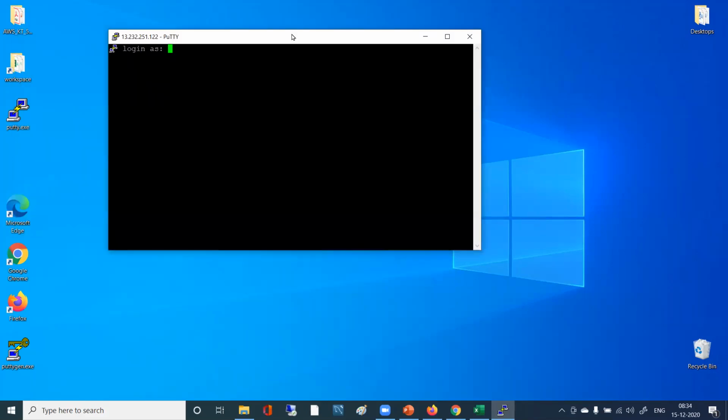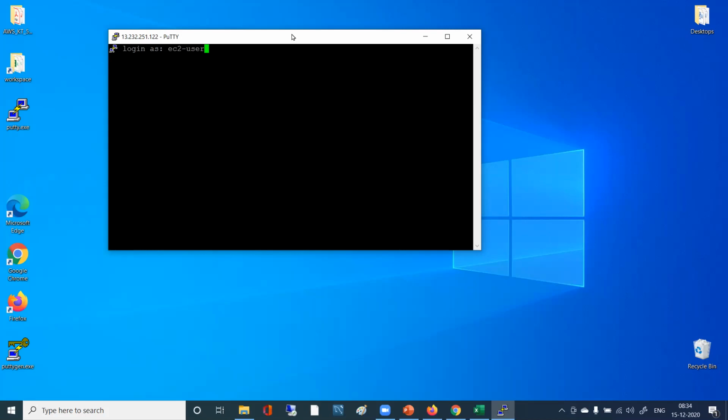Tell me what is coming. It's asking login as. In login as you put EC2-user. It's a default user, is it? Yeah, that is the default user for our Red Hat. But we haven't created it, right? See what happens, when we installed our machine, that time by default it got created because we have chosen some AMI, the Red Hat AMI. From that particular template, our machine got created. Yeah, I think it's logged in now.